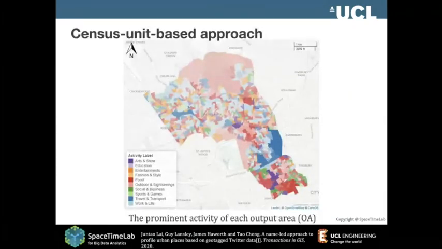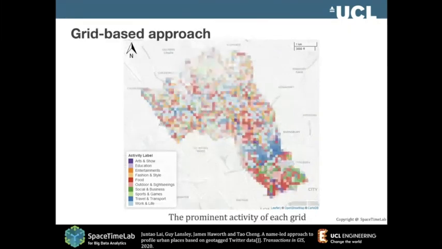Of course, I think you are very familiar with how we can associate traces with census units. So these are census tracts. We can see which area is the most artistic area. It's around here, very close to UCL actually, and it's basically the British Museum, because it's in between here. Then we can also use the grid-based approach as most people do. As I said, this has the modifiable areal unit problem: the grid size can change, and with different grids the result may change.